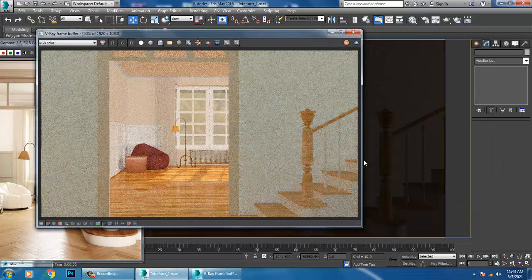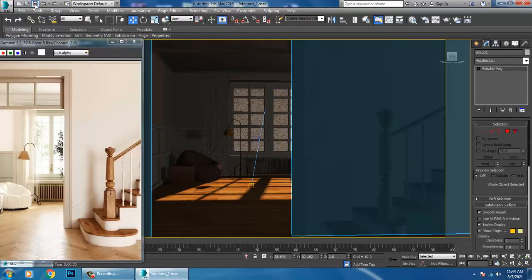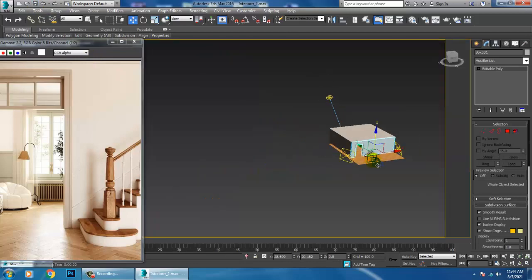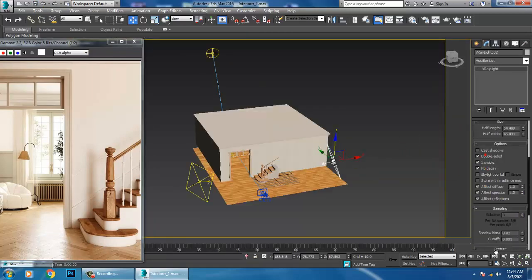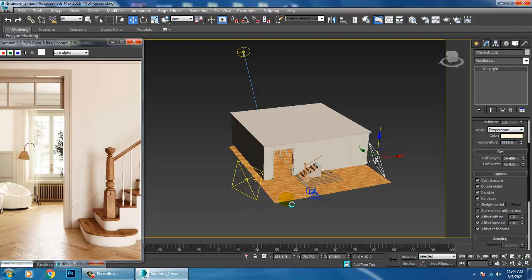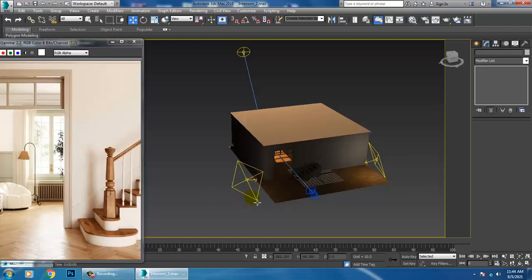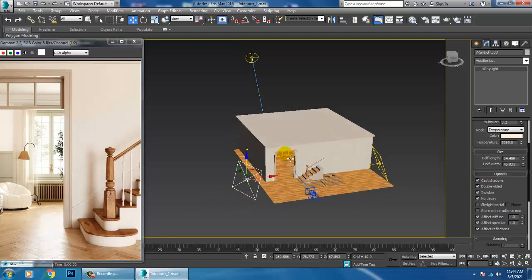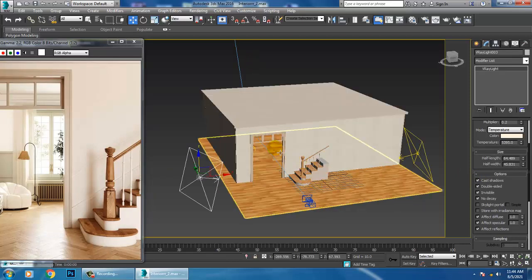So we can activate the shadow for this also. That would look much better. So I'll just save the file first. I'll just select this and let's turn on this shadow. So definitely it would look good over here. So select the light. Just activate the cast shadow part over here. Just save your file.